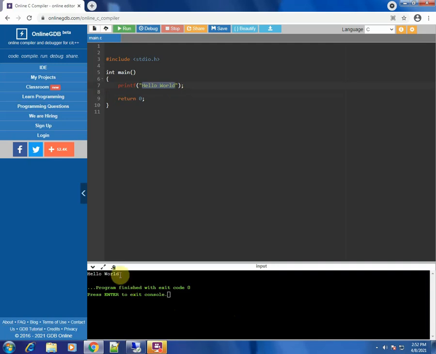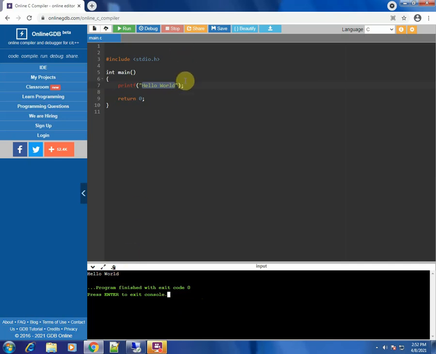Now what you can see in white color on the black output screen, the console screen, is your output, and what you can see in green color is nothing as such regarding your program. It is just part of the compiler. So what you can see on the screen is hello world. You can see this hello world because you have printed it in your program.